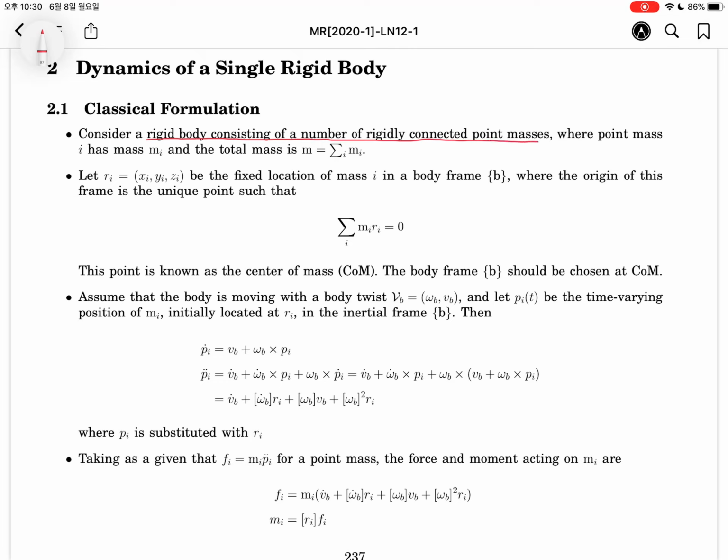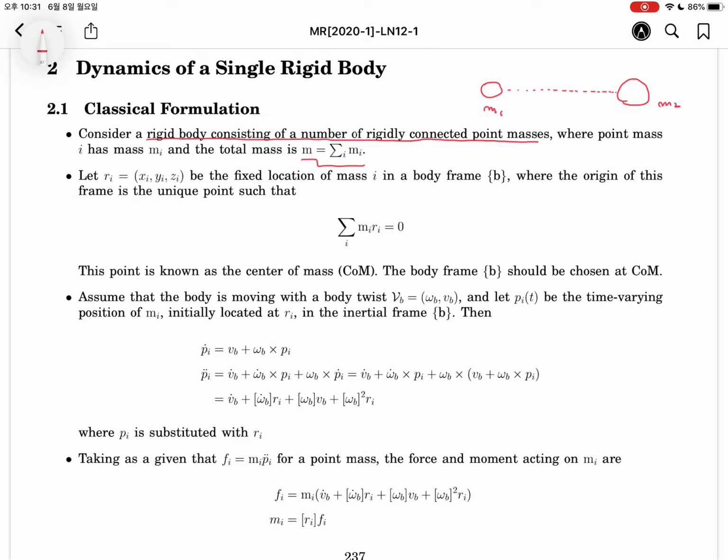Let me draw. This is M1. This is M2. Those are rigidly connected. It means the distance between both is the same all the time. Maybe the total mass will be the sum of each mass like this. And to make a notation